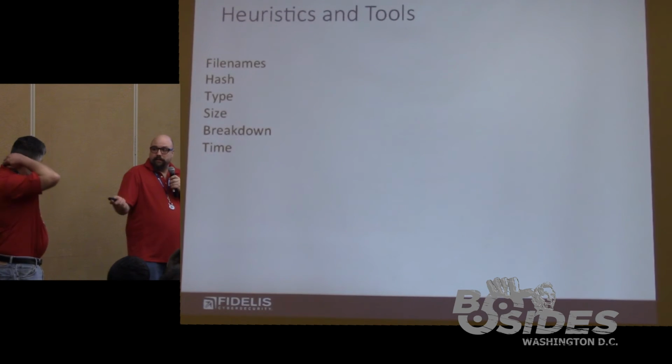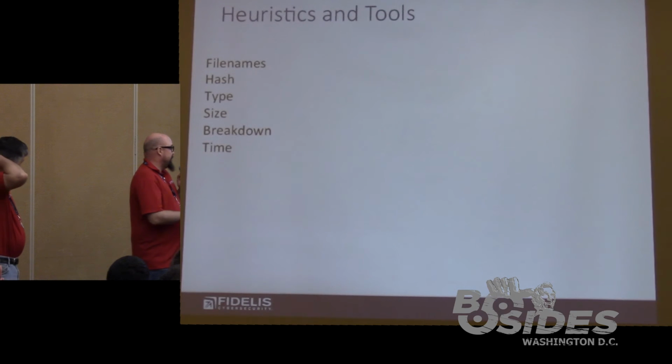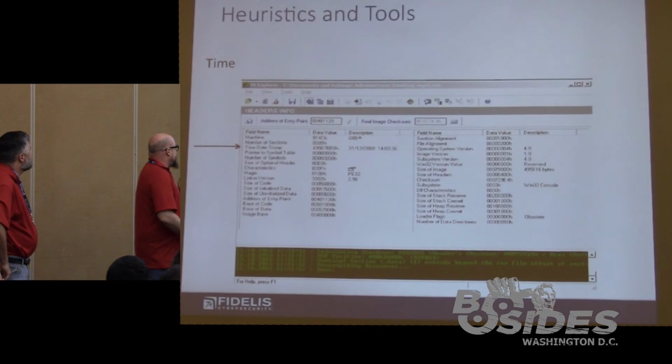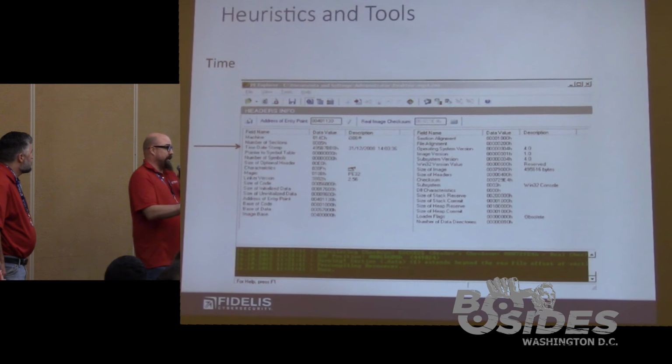Time. Now, John talked about timestomping. How is time important to us? Well, here you see this time is 2008, which is 8 years old. So if you go out and look up wget and look for this specific package, you should be able to find some information online to compare it to, or just download another version and check the versioning and the rest of the data. If it's too old or too new, and doc round's not involved, you need to question the file.